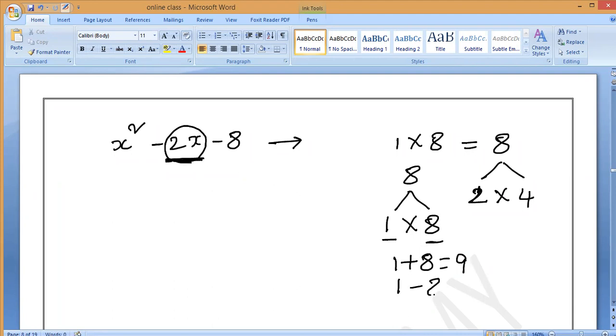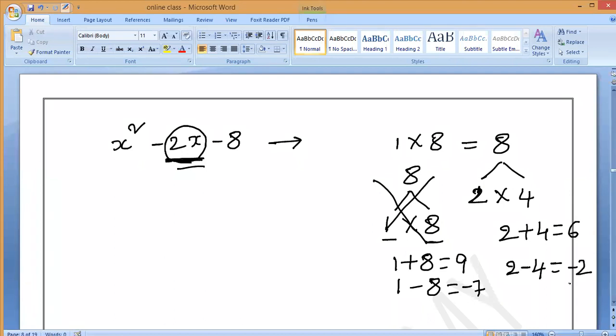1 minus 8, this is not satisfied. Minus 7, here we do not get the minus 2. Not satisfied. Minus 4x plus 2x: in the factors, minus 4x plus 2x. Do addition: 2 plus 4 is 6, here we do not get the 2. Next subtraction: 2 minus 4 is minus 2. Understood? So this can be written as